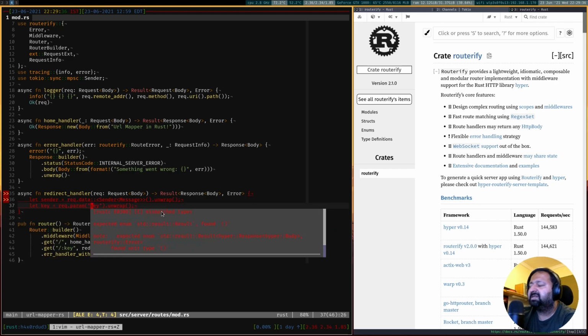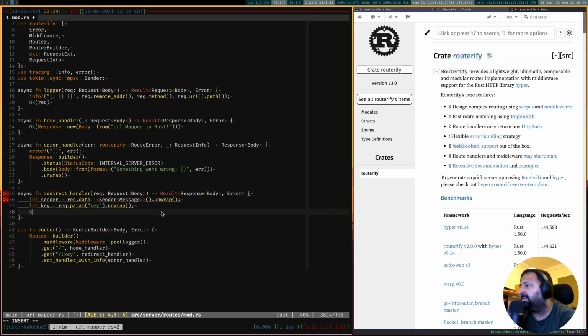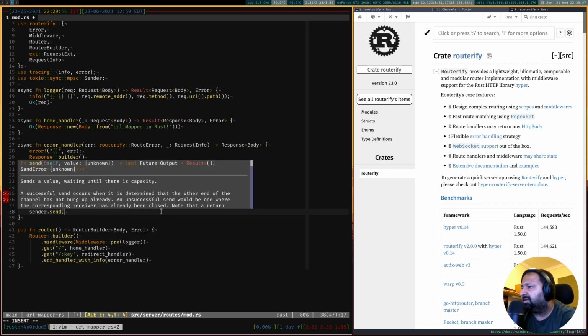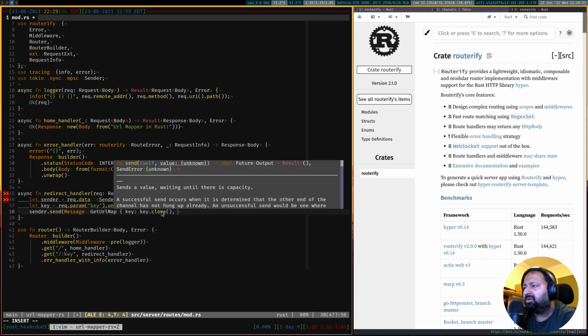This gives us the key, and now let's see, what we want to do is to actually send the message to get the URL map. So for that we will send, and then we will say message get URL map, and we will have to send the key. Instead of just sending the key, I'm going to utilize clone.